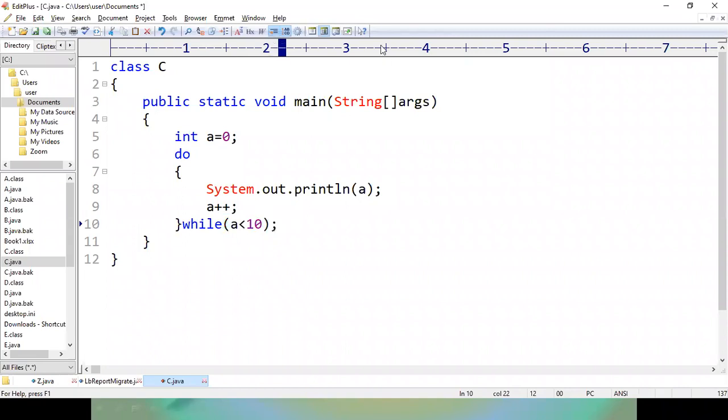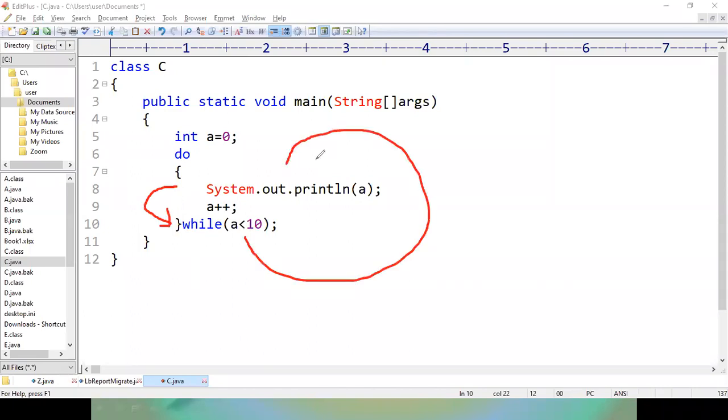So the compiler is going to execute this block first. After executing the block, it is going to check the condition. If the condition is true, again it will execute the block. And if the condition is false, it just comes out of this block.